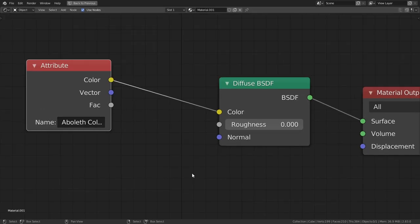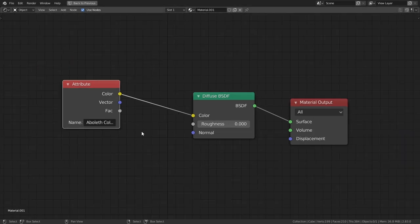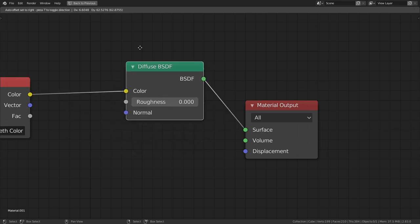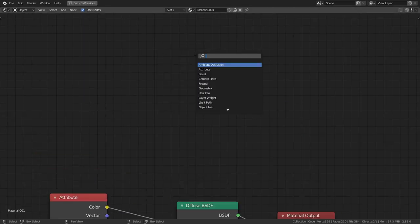Now I'm going to explain some of the nodes here. You can notice that there are several different types of differently colored connected nodes. So here's the basics of it. I think this is basically a visual scripting environment, and all this is, varying abstracted varieties of code that describes how our surface should be shaded. So to color code, all these green nodes are shaders. So this contains basically everything. It involves color, normals, which are like surface details, like how light reflects off the surface, and various other stuff like metallic, roughness. If we were talking about the principled shaders, which I discussed in the UV mapping video,